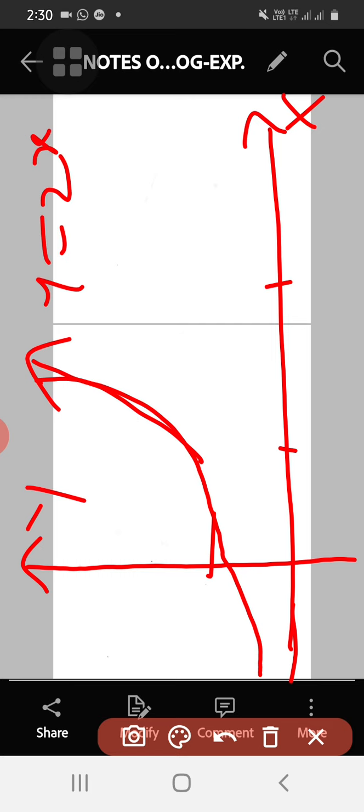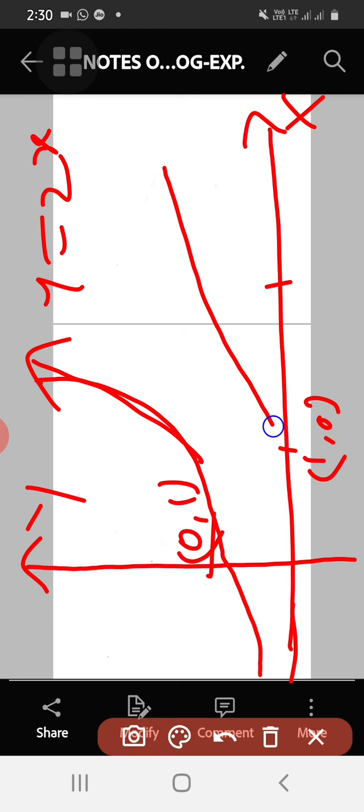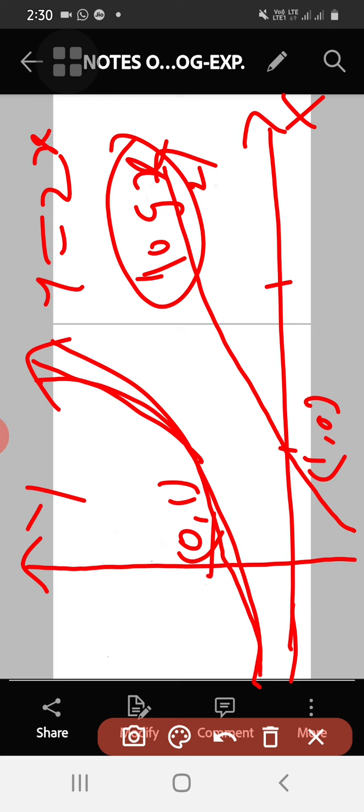Okay, now we have drawn the graph of y is equal to log x to the base 2. So how was this graph? This logarithmic graph, or log function graph, passes through 1, 0. Just we have drawn the graph here. So this is the graph of log x to the base 2. See, they are exactly mirror images of each other. If I draw the straight line here, they are exactly like mirror images of each other. So that's why we say log function and exponential function are inverse to each other.